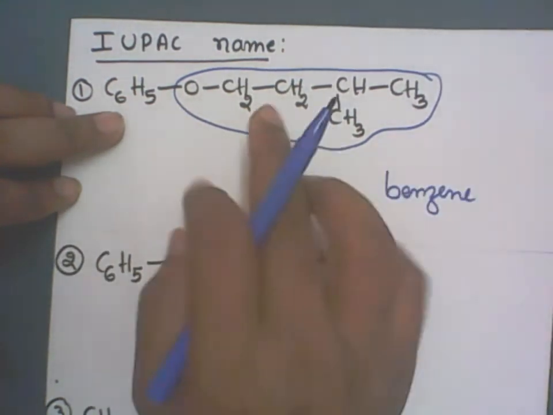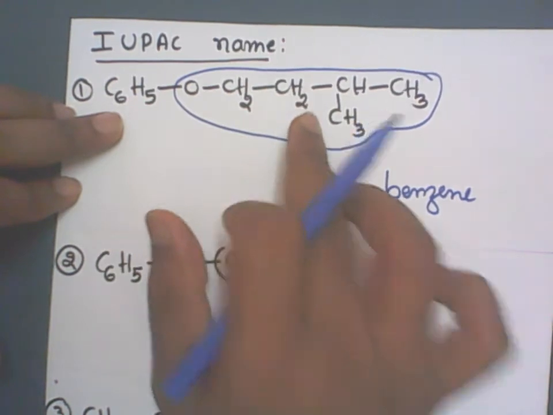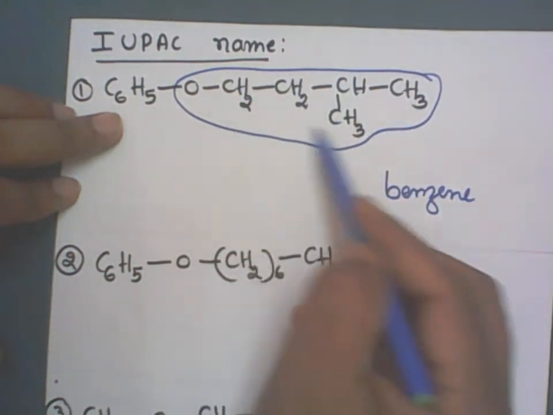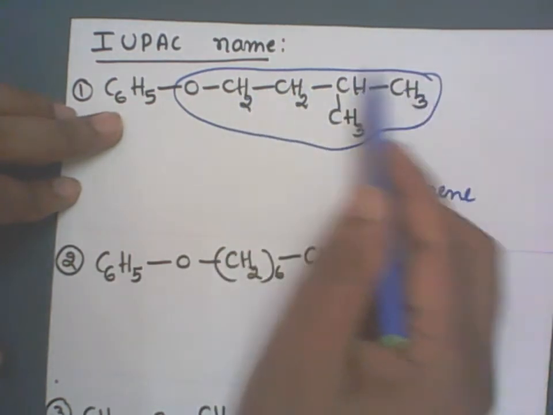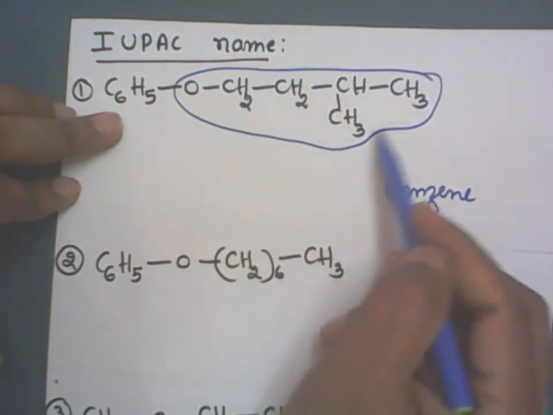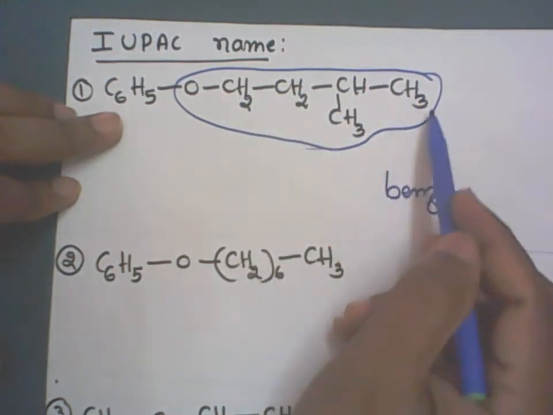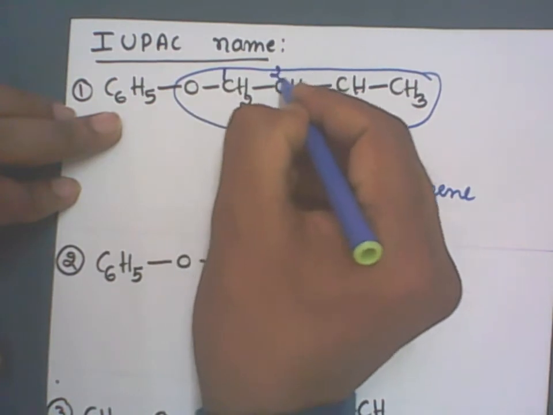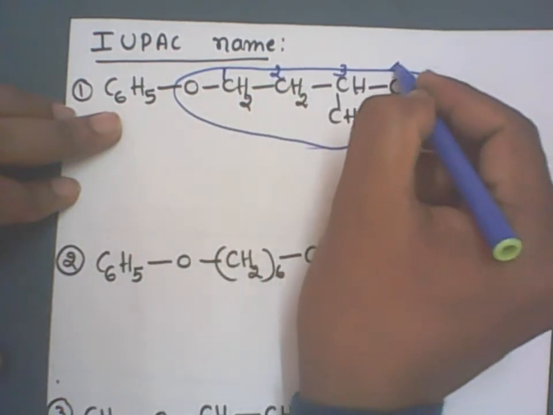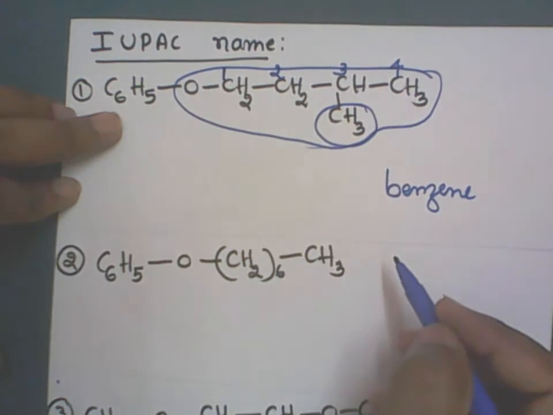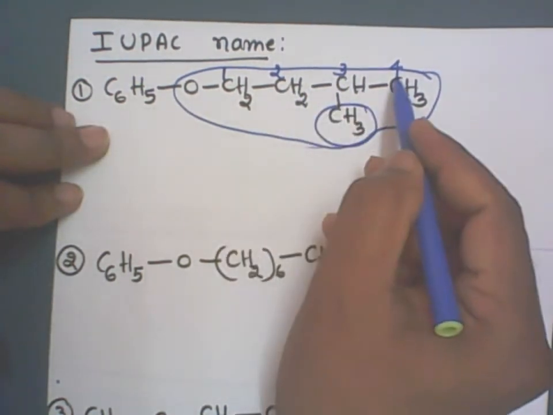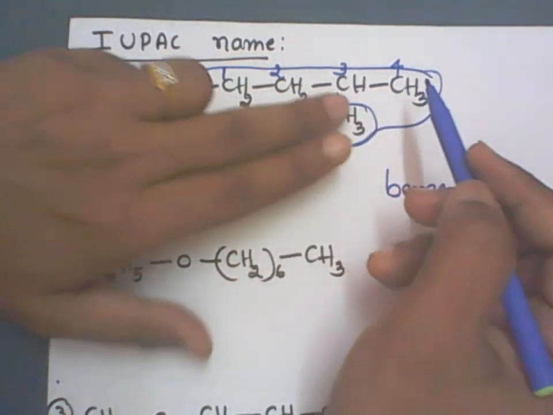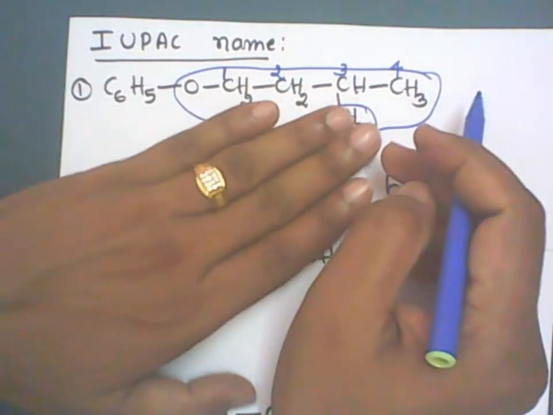Name ending with the benzene. So some should be alkoxy here. Which alkoxy? Carbon number 1, 2, 3, 4, 5. I can't call it as the isopentyl, isopentoxy. Whenever iso comes, only the common names. Okay. So number the carbon atoms. Carbon number 1, carbon number 2, carbon number 3, carbon number 4. This is the substituent. On which substituent is it, on the butane group. On the butane or butyl. Butyl becomes butoxy. Forget about the CH3. Suppose the CH3 was not there.